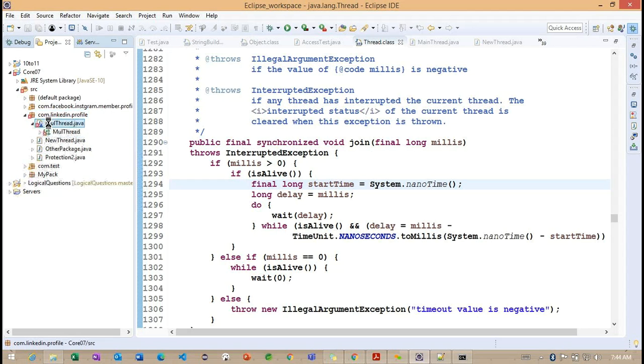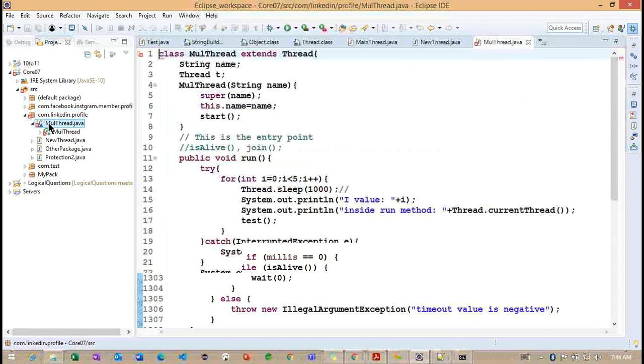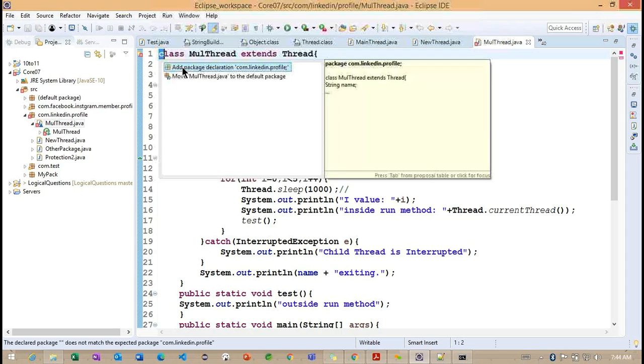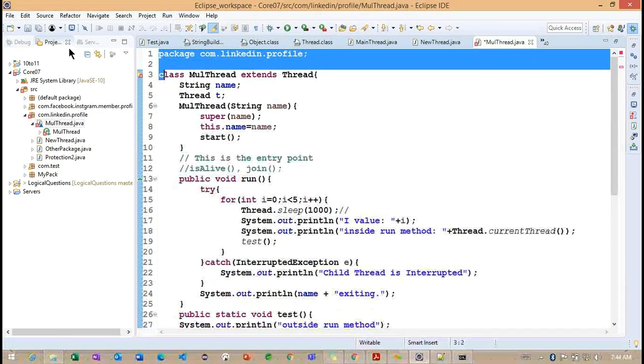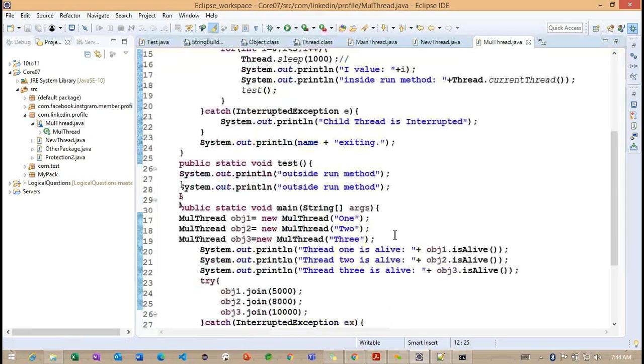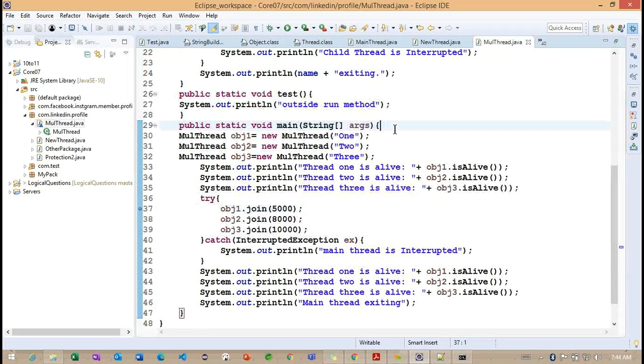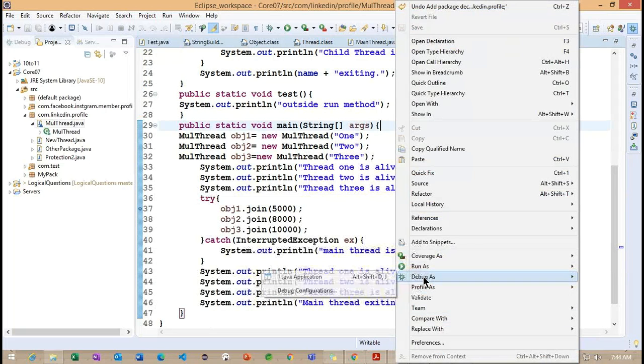So here I'm trying to work with the LinkedIn profile package, so add the particular package information. Now I want to put a breakpoint at line number 37.